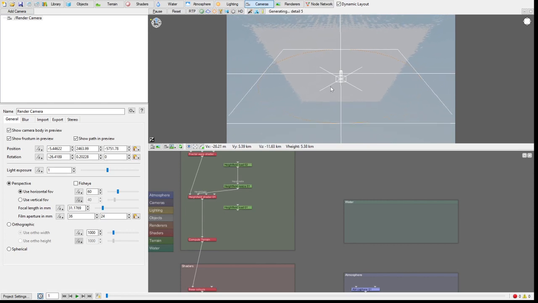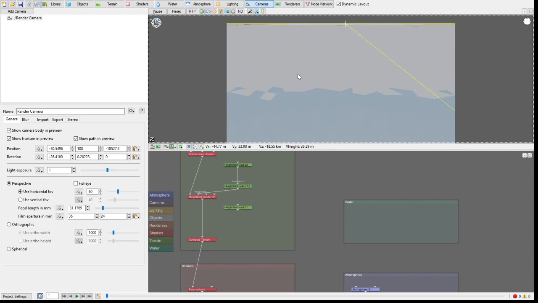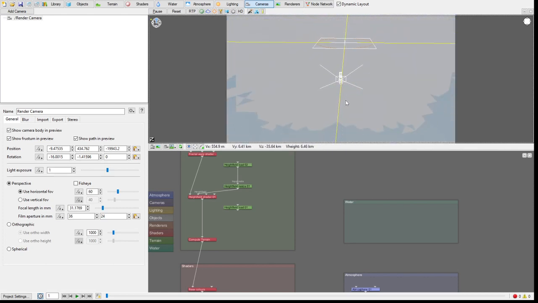Now, I of course will need to scroll out quite a bit in order to get to a height where I can see the entire terrain. So up here, I'm not sure how high we are right now. 400 kilometers still isn't enough. And now we are beginning to see most of the terrain.